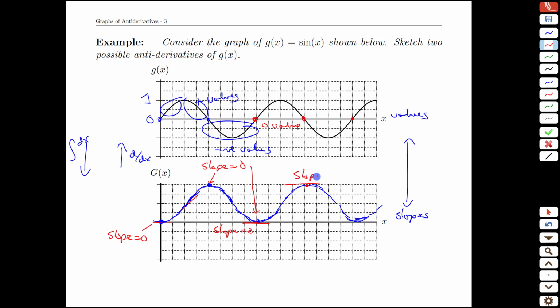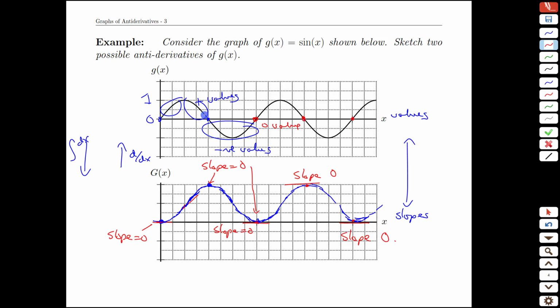Slope equals 0. And slope equals 0 here as well. That's the basic technique. The landmarks are points of 0 value here correspond to 0 slope when you align them